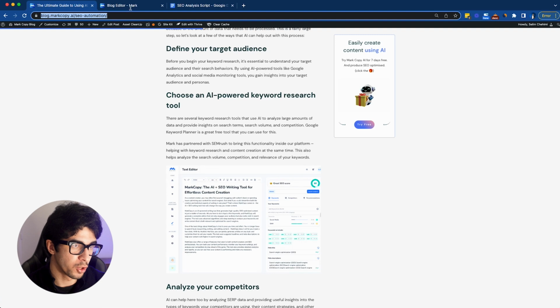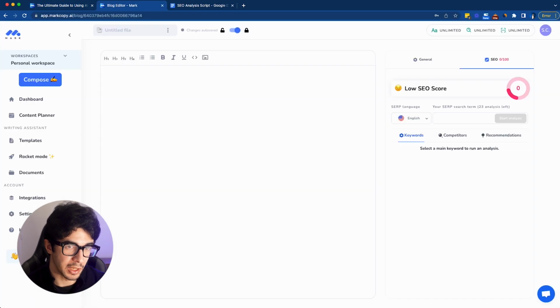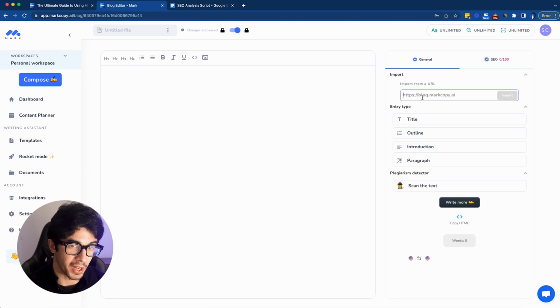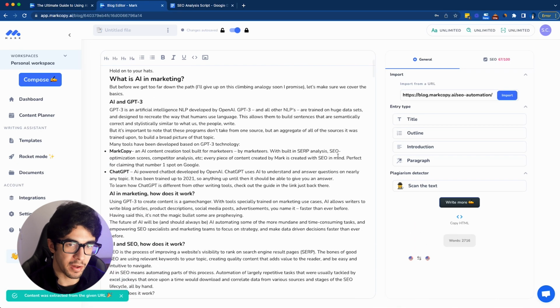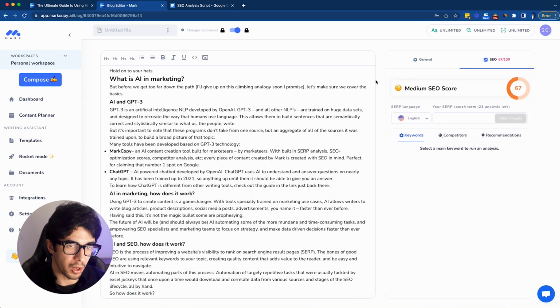I'm going to copy the URL and I'm going back on the tool, clicking on general, and then I'm going to import my content here. I'm clicking on import and the tool is going to import all of my content. So my content is imported, as you can see on the left. I have a basic score right now,